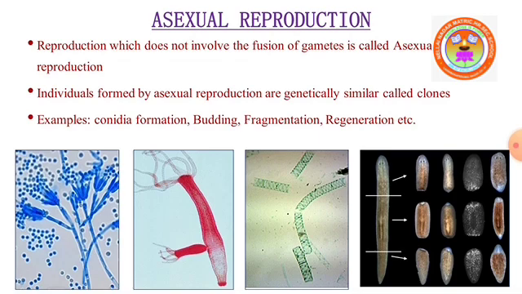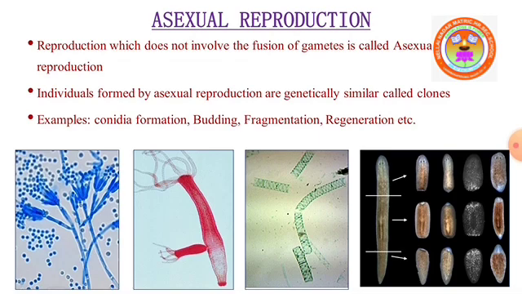In asexual reproduction, individuals formed are genetically similar. Some lower organisms, fungi, animals show different methods of asexual reproduction. So in asexual reproduction, individuals formed are genetically similar, hence they are called